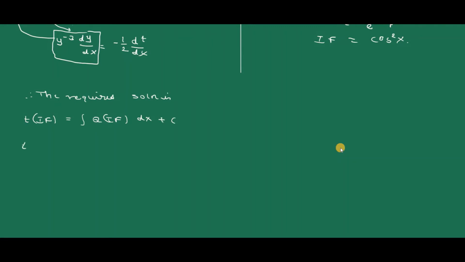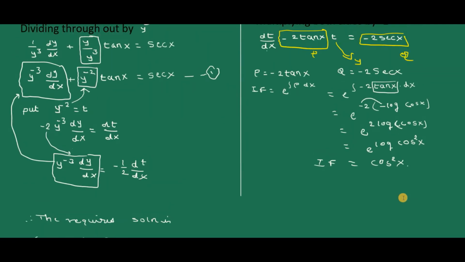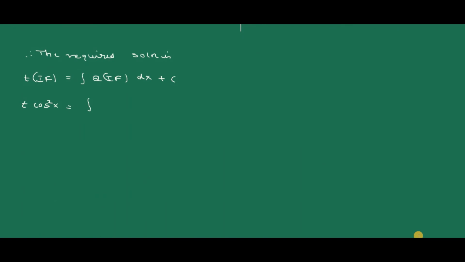That is t into cos square x is equal to integration of q, and the value of q is minus 2 sec x. So that is minus 2 sec x into the integrating factor value cos square x